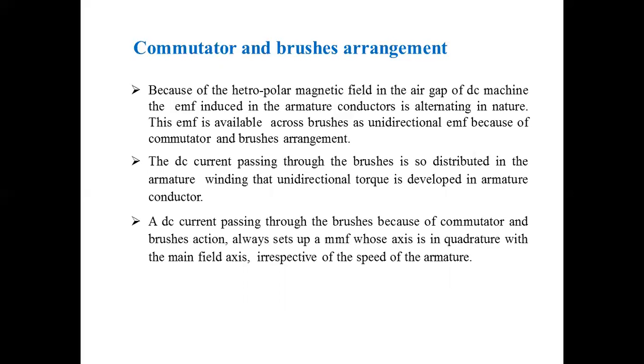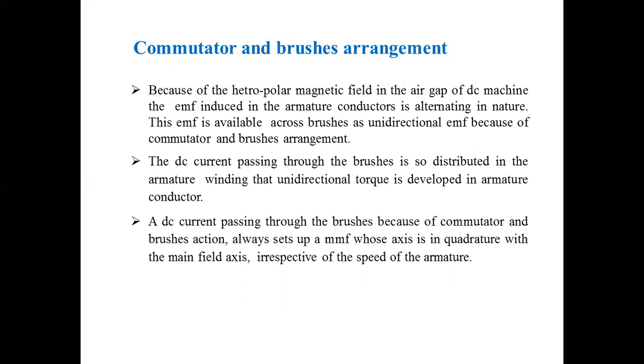Actually, in normal conventional DC motors, we use brushes and a commutator. In the commutator, all the windings are connected to the segments. Therefore, each segment is connected to the copper winding. So whenever an EMF is induced in the armature conductor, the EMF per conductor is given to the commutator segment.